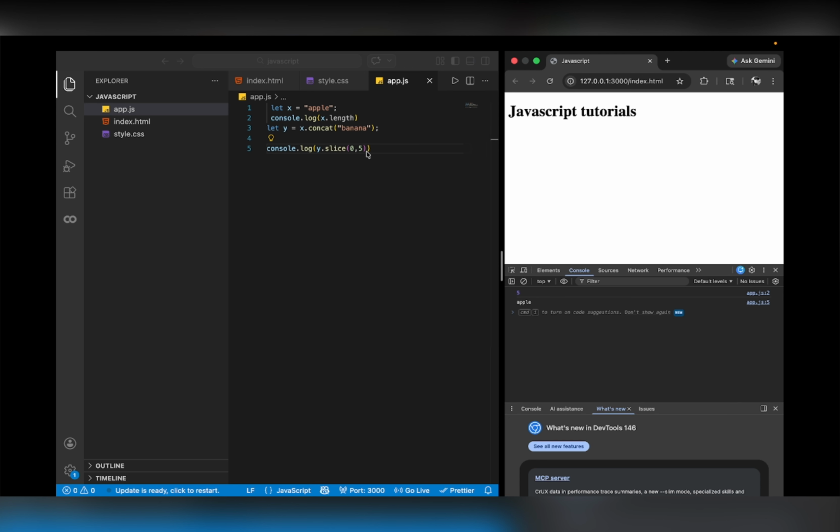एप्पल आ जाएगा। जो 5th इंडेक्स होता है वो इंक्लूड नहीं होता है। जैसे कि आप देख सकते हो, एप्पल बनाना में 5th इंडेक्स पे बी है, तो बी इंक्लूड नहीं होगा, 4th इंडेक्स वाला इंक्लूड होगा। सो 0 से 5 हम लोग को एप्पल मिल जाएगा।